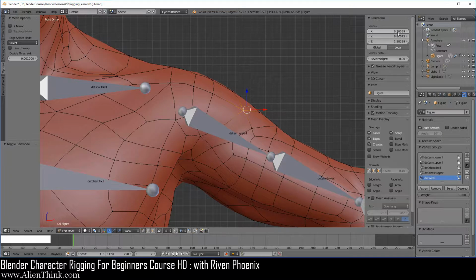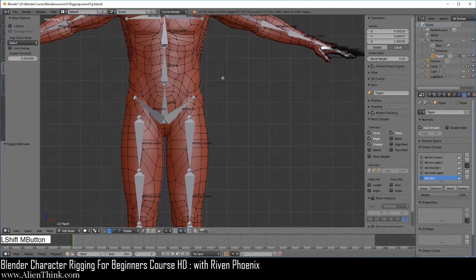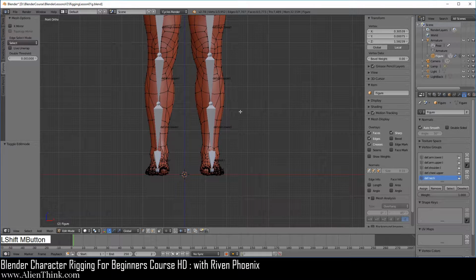Now, the position that is being displayed over here about this vertex is simply showing how far this vertex is from its origin point. Now go ahead and zoom out, do shift middle mouse button to pan up. This is the origin point, what this vertex is talking about. Now, as you already understand, when it comes to the origin point, this origin point actually belongs to this object.